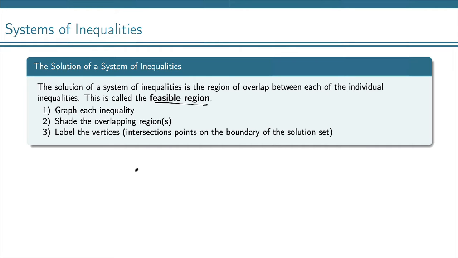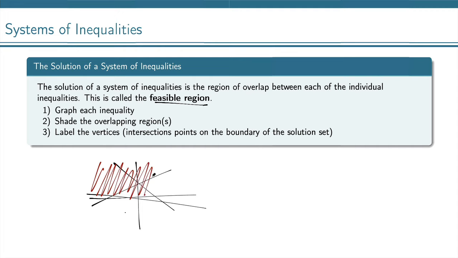So I'm just going to draw a quick picture so you can kind of see what it might look like. You might have a line that looks like this, and a line that looks like this, and a line that looks like that, okay? And maybe your shaded region, I'm going to do this in different colors so we can see it. So maybe we've got kind of above that line there, and maybe below that line there, and maybe below